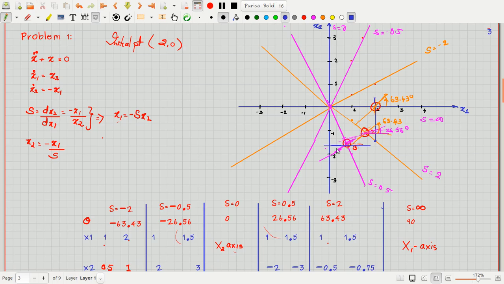Okay, so my next point is somewhere here, midway between these 2 points. I am somewhere here. What will be my next? Similarly, I can get all these points here. I will get another point here, another point here, another point here, and another here. When I reach here, what happens?